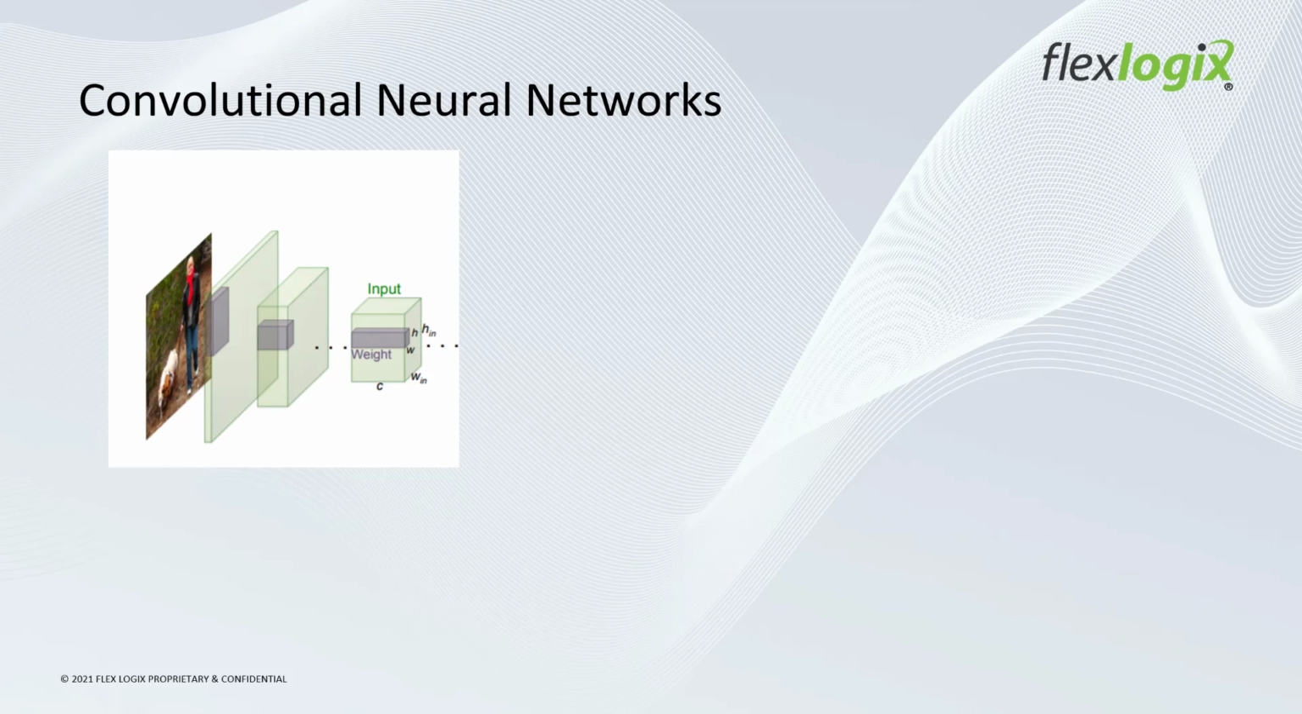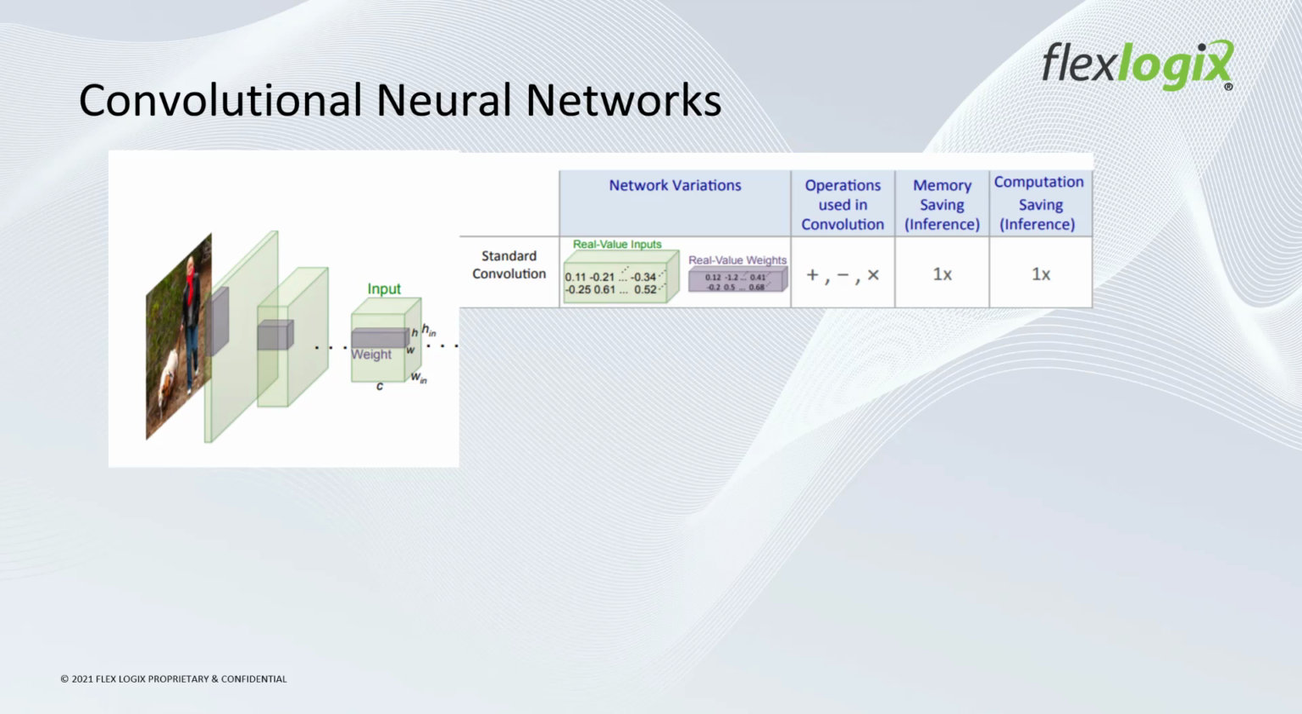Convolutional neural networks can be broken down into three types. Standard convolution, where the images are inputted as real numeric values, integer or floating point. Weights are also trained as real numeric values, integer or floating point. This type of convolutional network uses multipliers and adders as operators and takes the most amount of computational and memory